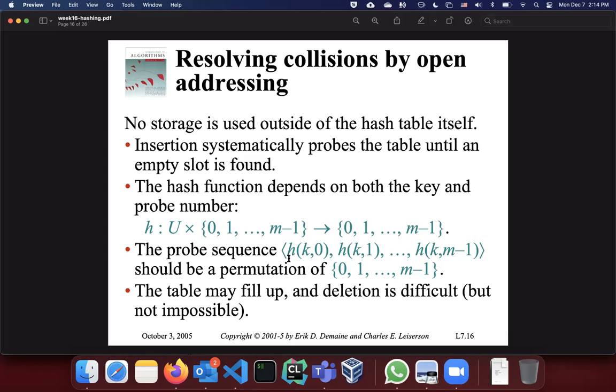So the probe sequence, we want it to be a permutation of the numbers from 0 to m minus 1, because we want to make sure that every slot is probed. They produce a distinct slot number to probe, right? You obviously don't want to keep probing the same slots, because that's very inefficient. If that slot is occupied, you keep going back to the same thing, and that would be a waste of computation. So as a property of the probe sequence, you want to be able to probe